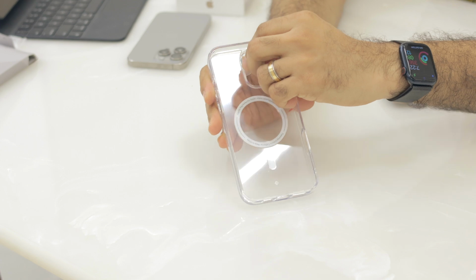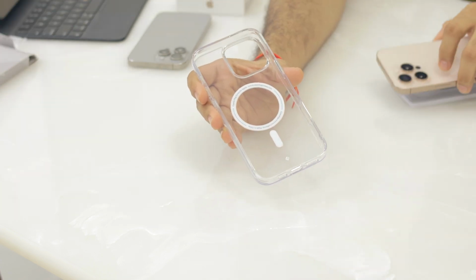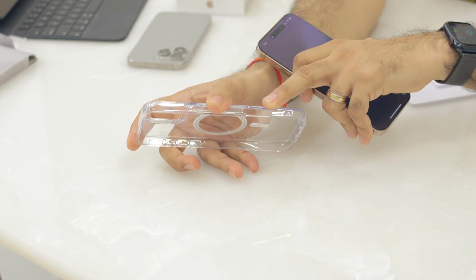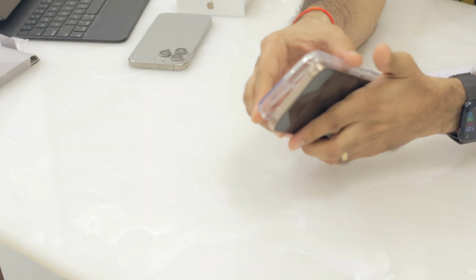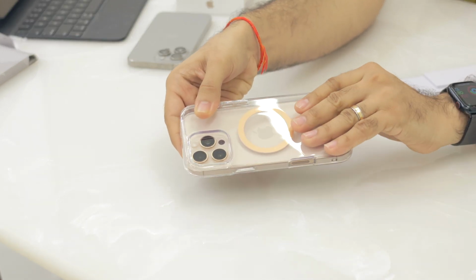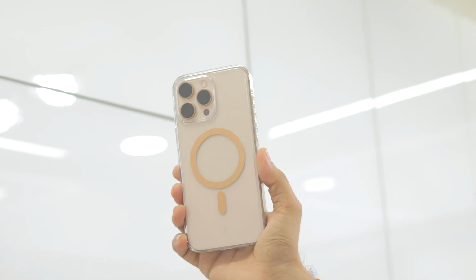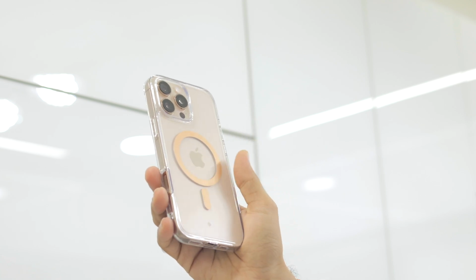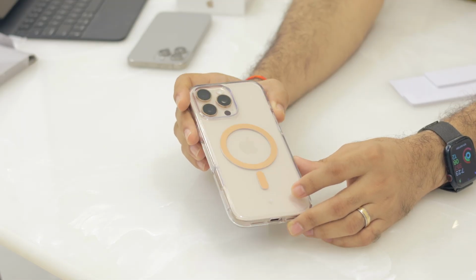So you have these protective films on both sides of the case which need to be removed before installation, and this has a cutout for the camera capture button. So let's install the case on the desert titanium 16 Pro Max. The case fits very nicely on this, and I think this ring really looks nice and premium, and it complements the color of